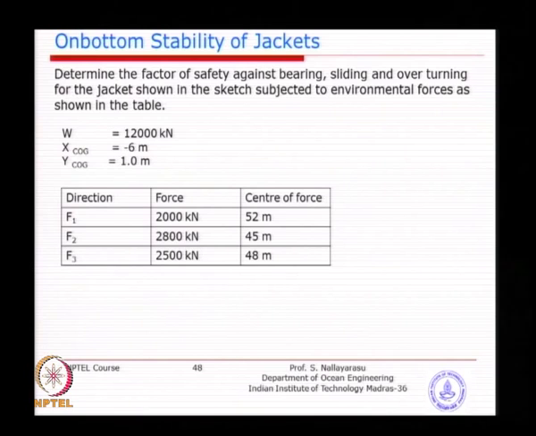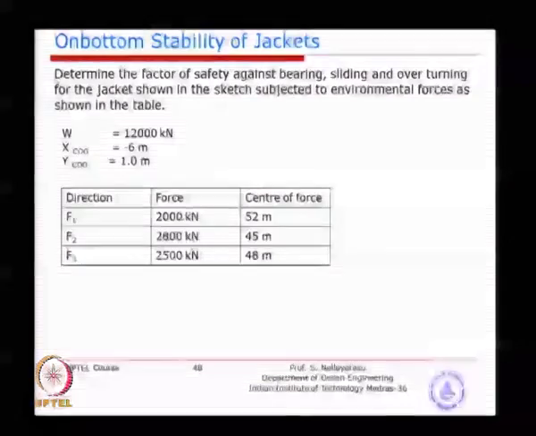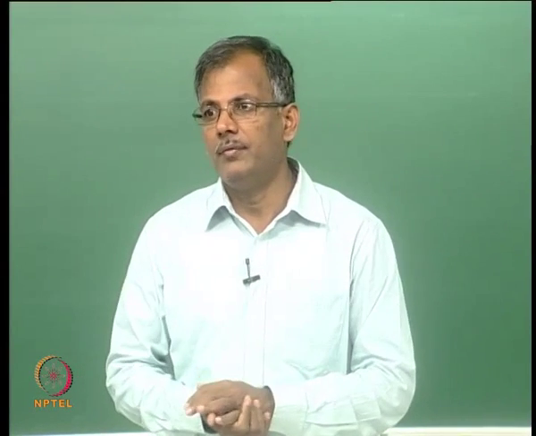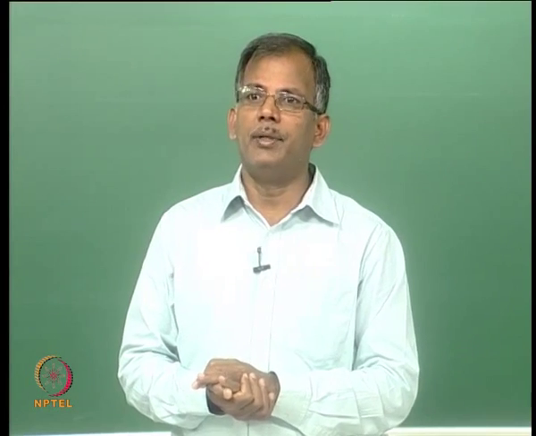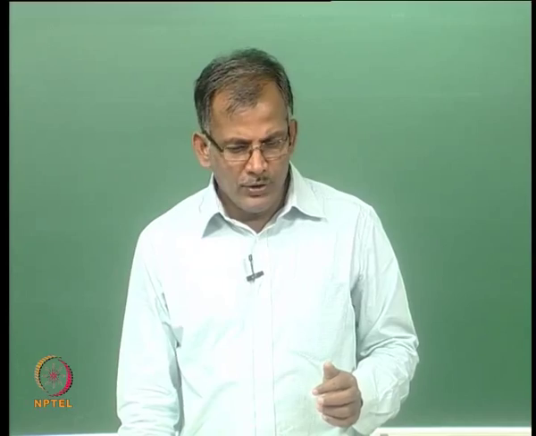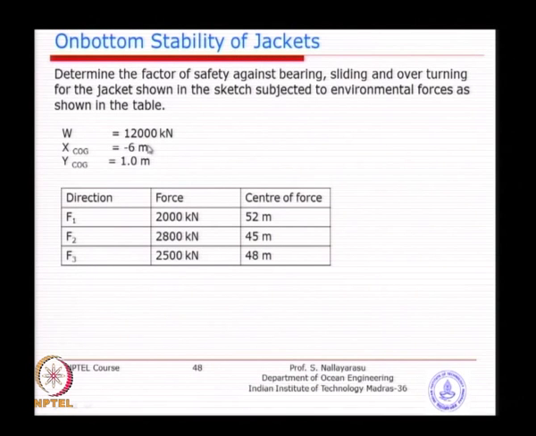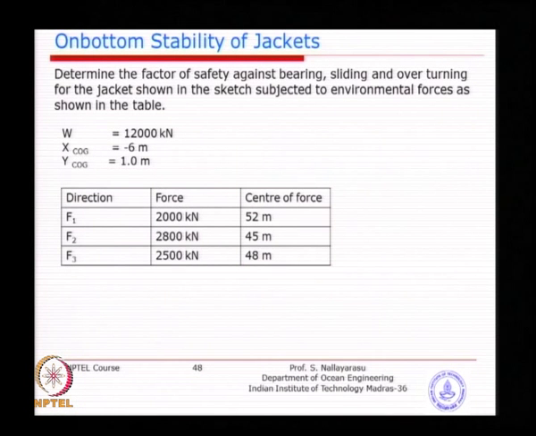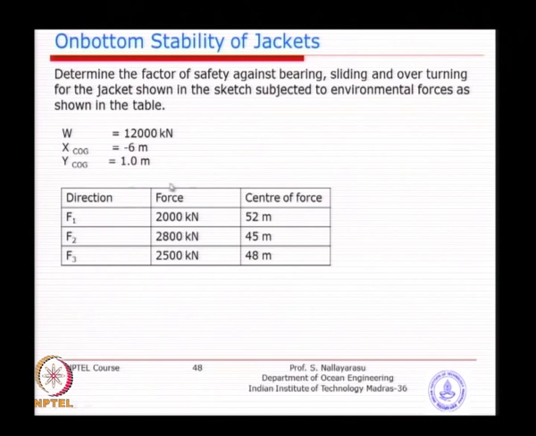In some cases it may be slightly less, especially for bigger jackets. If it is a 10,000 ton jacket, we do not want to make it as big as 5,000, maybe 2,000 or 3,000. In this particular case, this is actually a 2,500 ton jacket. So, you can see it is almost half the weight, but the COG is a bigger problem. You can see the COG is shifting by 6 meters towards one direction, which is going to cause a bigger problem. So, we need to bring the COG back.